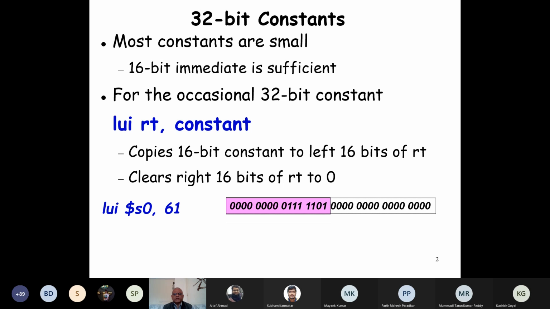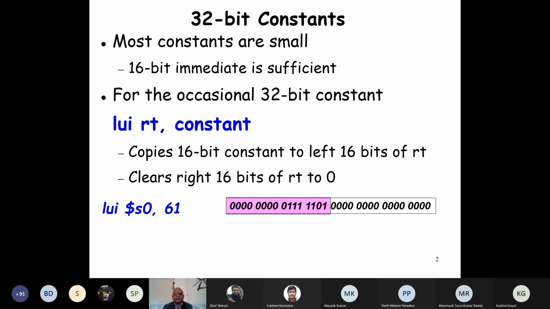Those are the common case. But at times we might have to deal with 32-bit constants, for example, when we want to load the address of an array or something like that. So how do we go about it?